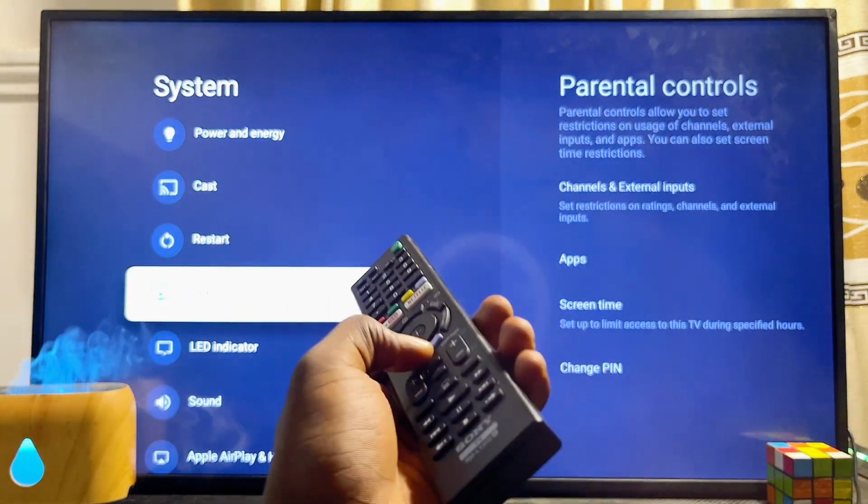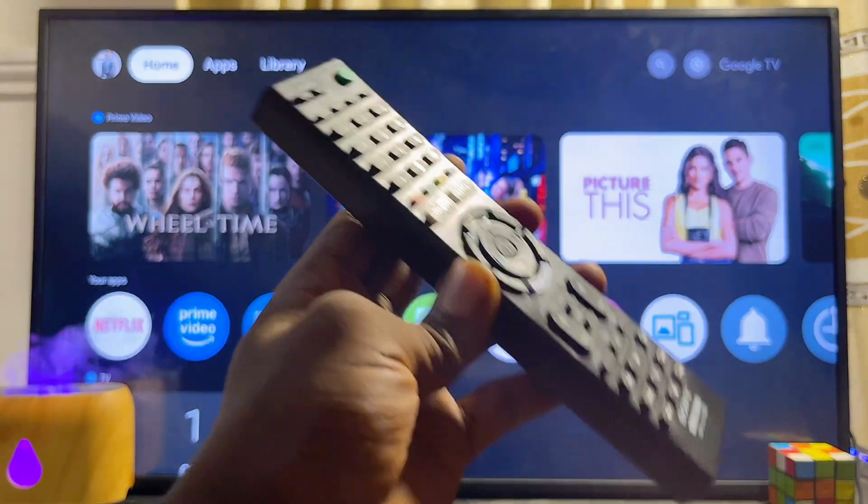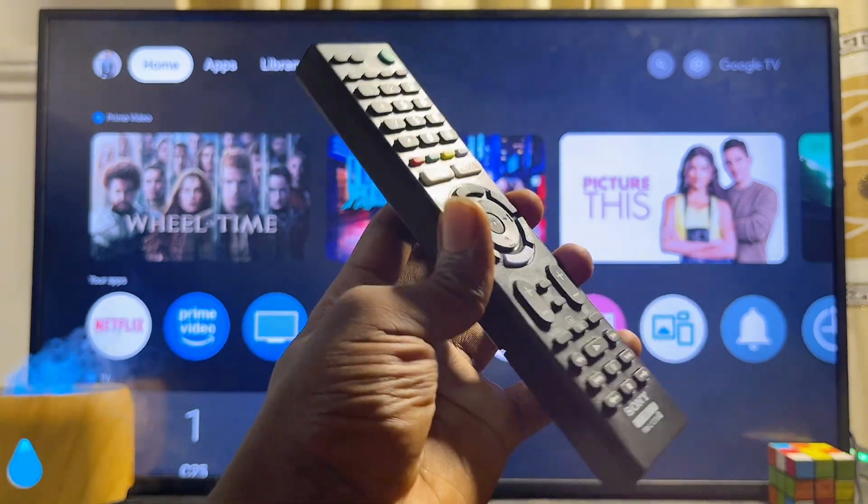Now these are basically some of the most important settings you should take note of on any Sony TV you have. If this video was able to help you get the best video quality, audio quality and overall picture quality on your Sony TV,